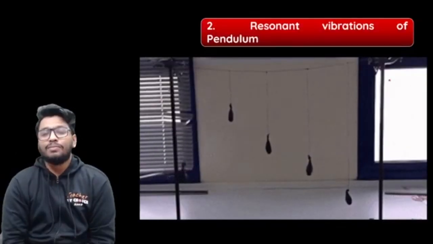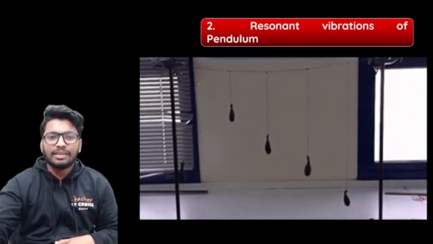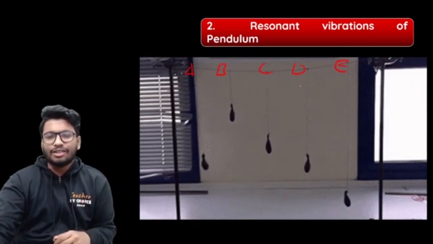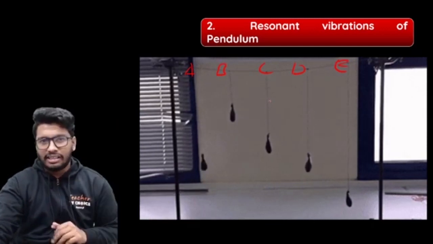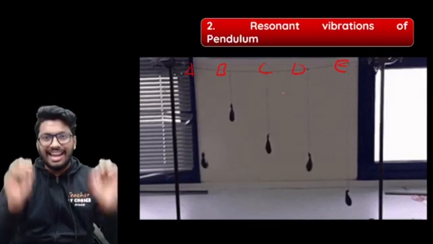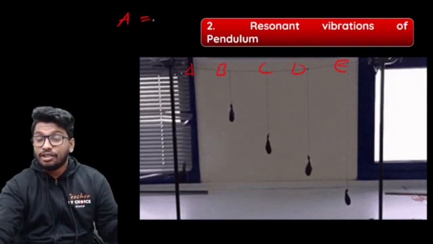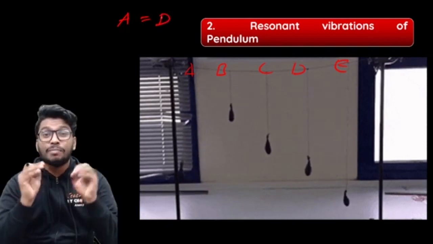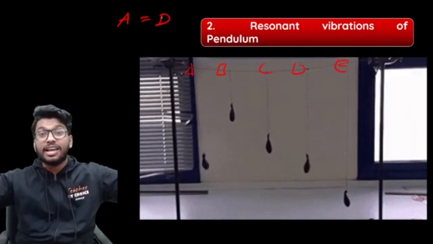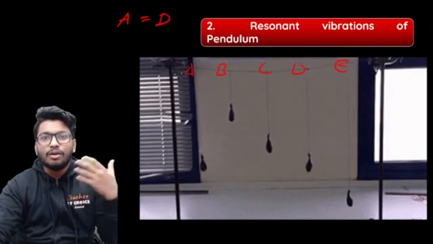Now the second observation we're going to talk about is something you see in a pendulum. Look at this, people. Let me name these A, B, C, D and E. Look at the lengths of the pendulums. All of them have different lengths except for D. If you look carefully, A and D have the same length. That means the natural frequency of A and the natural frequency of D are going to be equal. Now I am only oscillating the first pendulum, and I'm not touching anything else. So what happens when it starts to oscillate, when it starts to vibrate? What happens?